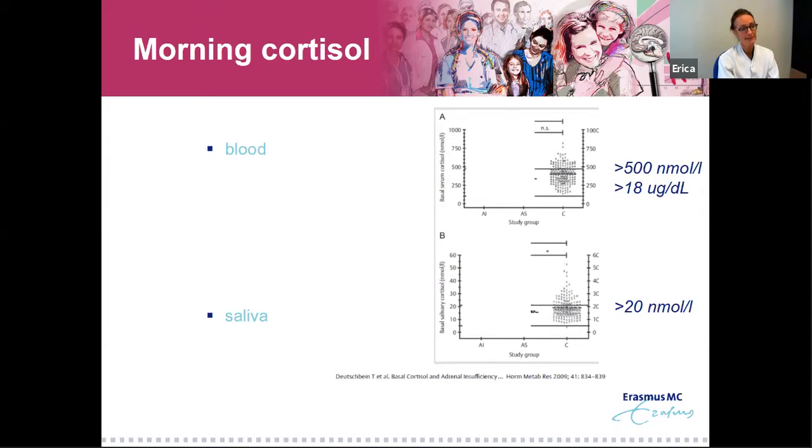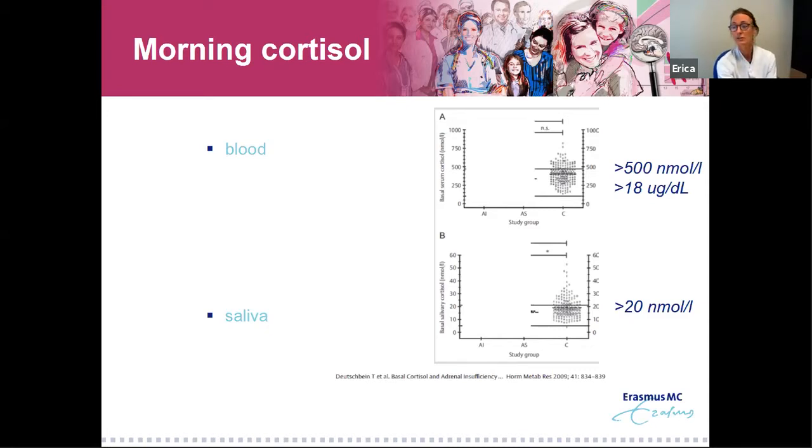You can also do these tests at home, for example, by saliva measurement. We very much like that for children because they can do it in a stress-free situation at home, right after awakening. But then, of course, you do need to know what is the cutoff for that. Well, luckily, saliva has a very, very high correlation with blood levels. So the cutoff in our case for a regular immunoassay is above 20. That converts to the serum cortisol of above 500.